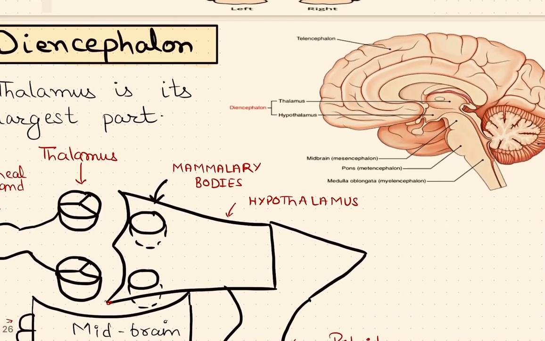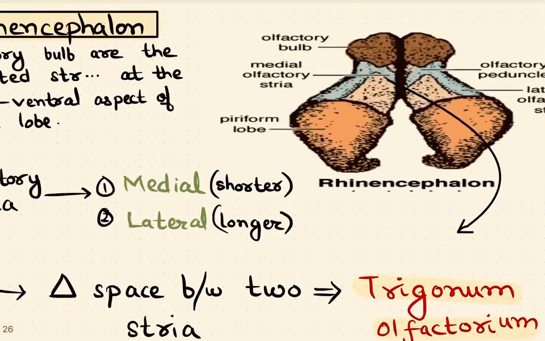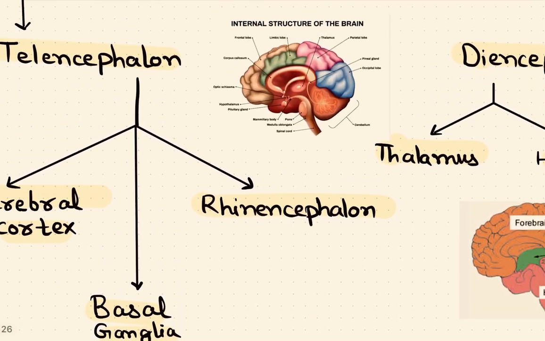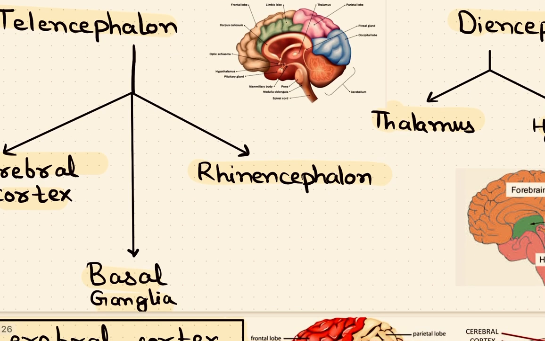Now telencephalon has been completed, so let me recap. Telencephalon constitutes which three things? Cerebral cortex, basal ganglia and rhinencephalon. In cerebral cortex we studied the convolutions, which were gyri, and the depressions, which were sulci. If a sulcus is very deep, it is a fissure. Two cerebral hemispheres are separated by the longitudinal fissure. Which part of dura mater is in the fissure? Falx cerebri. Okay. And the cerebrum is separated from the cerebellum by the transverse fissure, where a part of dura